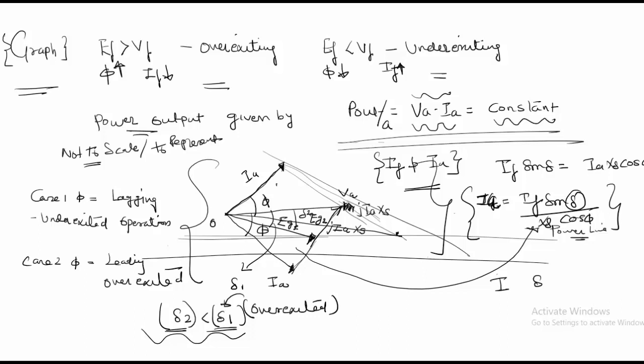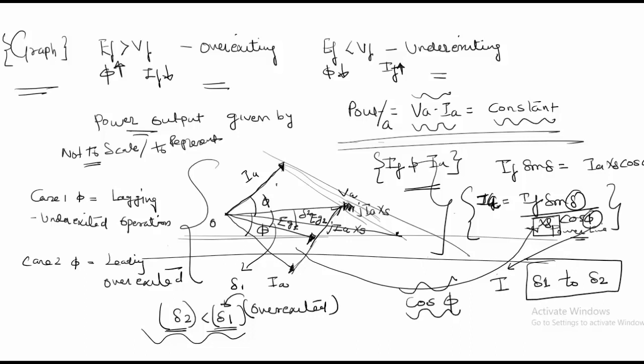So your delta has varied from delta 1 to delta 2, while the other thing that varied was your flux or your power factor. So for this case, the power factor we have taken leading and lagging was the same, but the delta was the other thing which varied here, and the